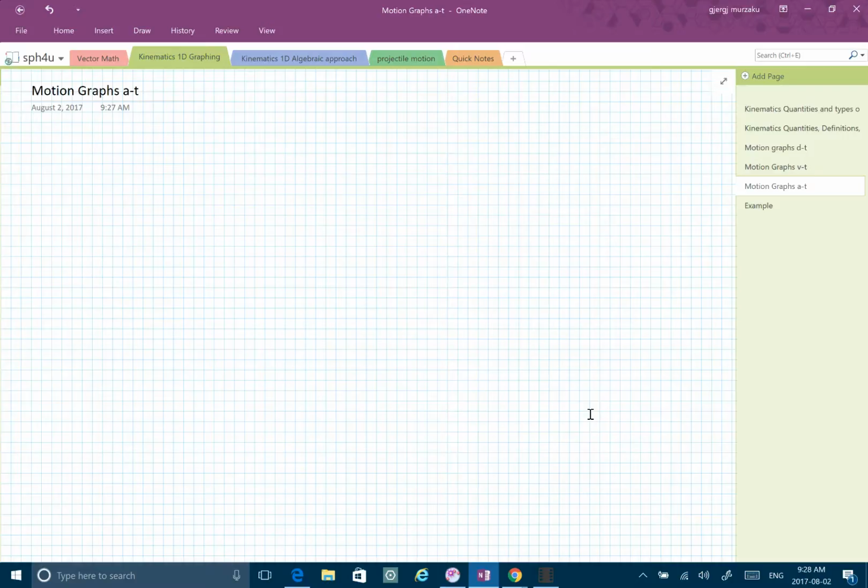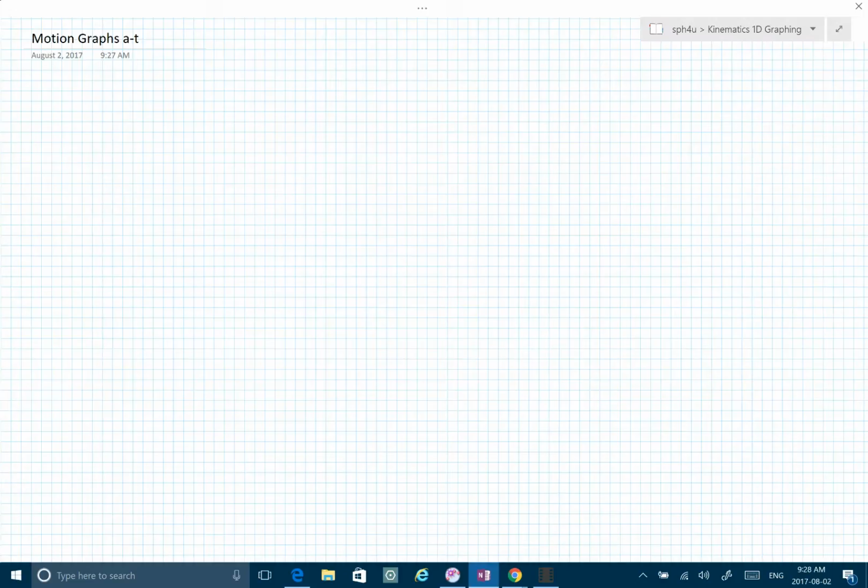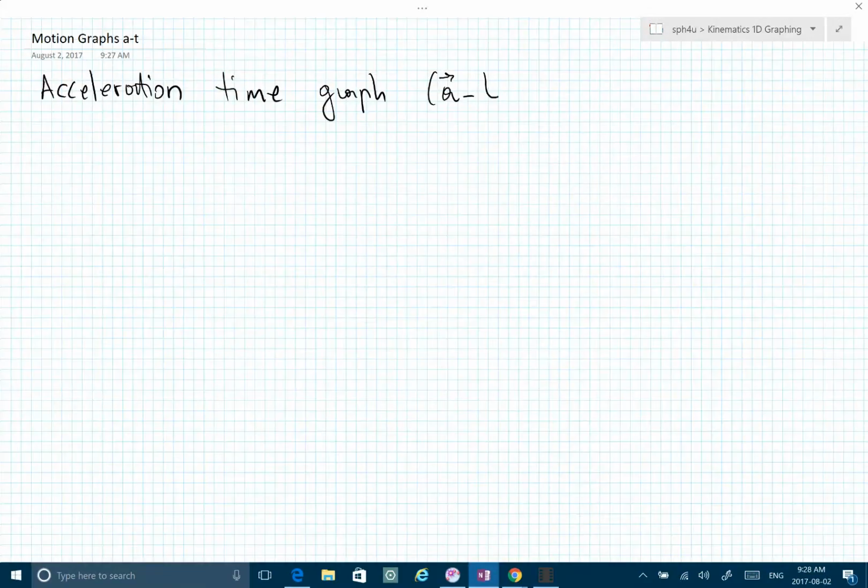So the last of the motion graphs is the acceleration time graph. For grade 11 and grade 12, and for algebra-based physics in general, it is very straightforward. It's going to be a horizontal graph all the time, because we're going to deal with uniform accelerated motion most of the time. So the shape of the acceleration time graph would be